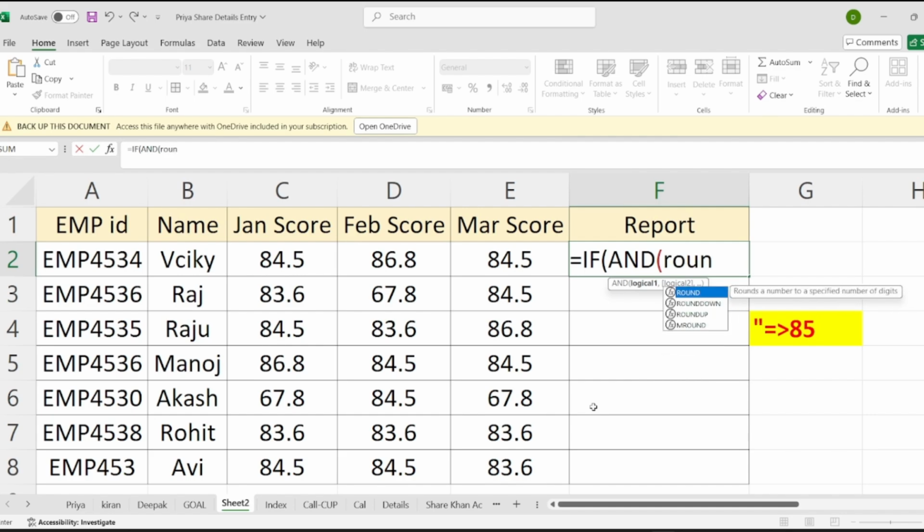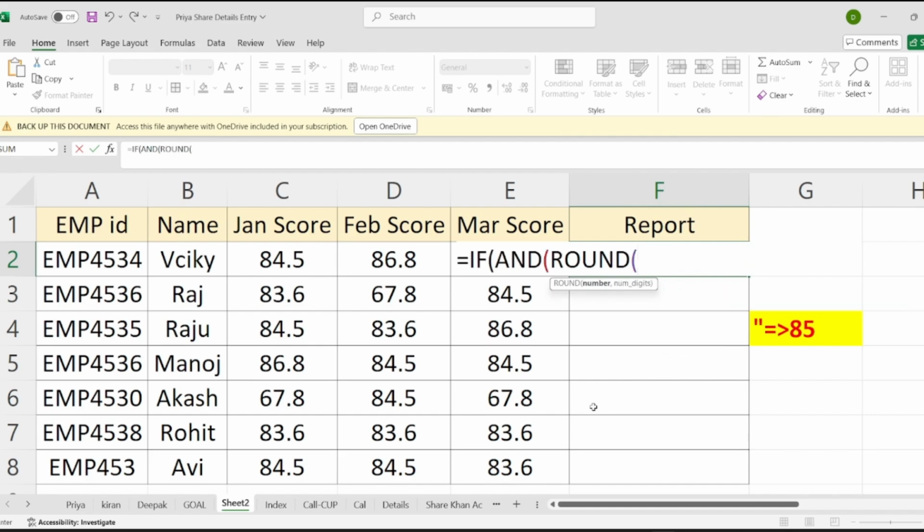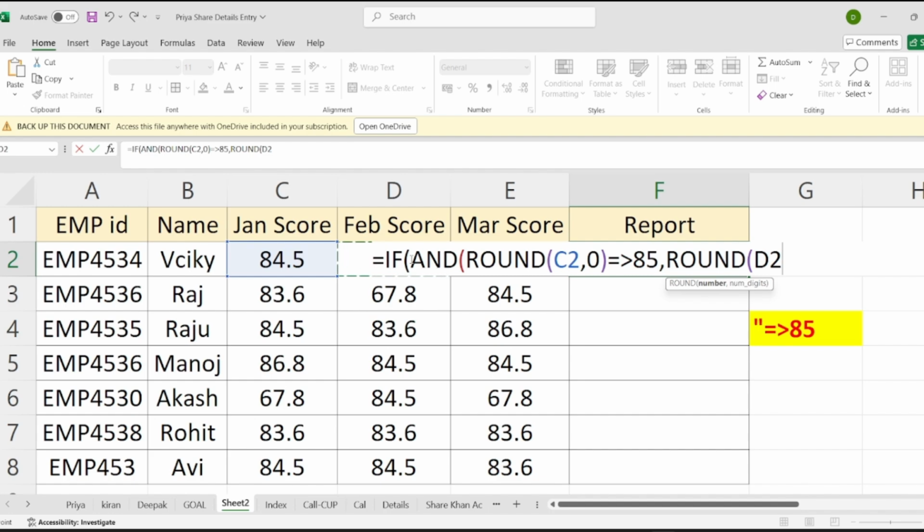So here is the ROUND formula we'll use with the IF AND. ROUND is asking for a number, so the number would be this reference, and now comma 0. So the condition is like that: if 84.5, which means 85, is equal to or greater than 85, that is our first logic. Now we will go for the second logic, comma, second logic. The second logic is the same as this. First we have to take this number in round figure, so we use the ROUND formula here: ROUND this, comma 0,